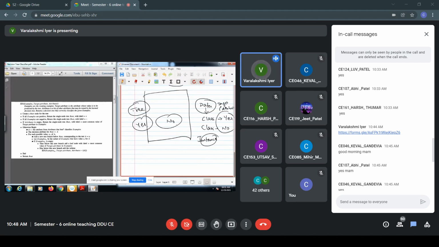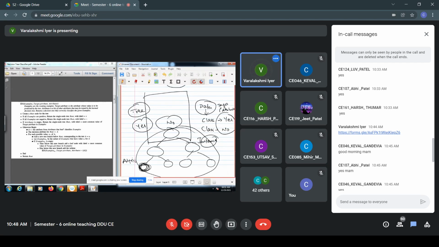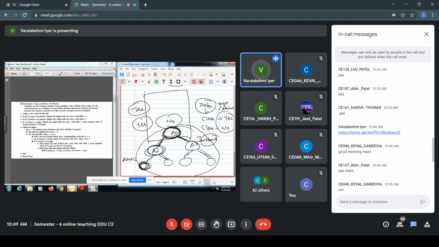Okay. Now next, what will happen? Suppose while we are creating this decision tree classifier, just consider this example, and suppose we are reaching a point over here, and suppose all the attributes present in our data set are exhausted. So first we'll do the first split based on attribute A1. Now after performing the split based on attribute A1, we'll perform the second split based on attribute A2, third split based on attribute A3, and now we have a data set over here.